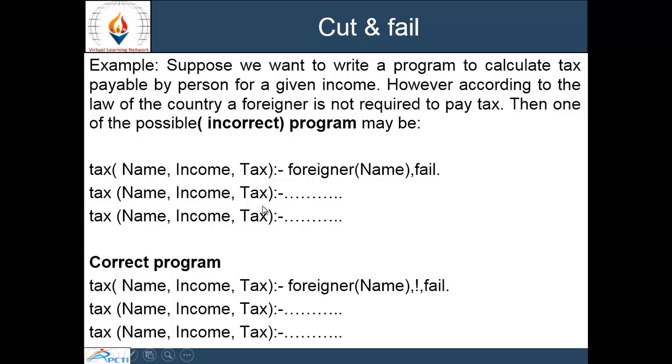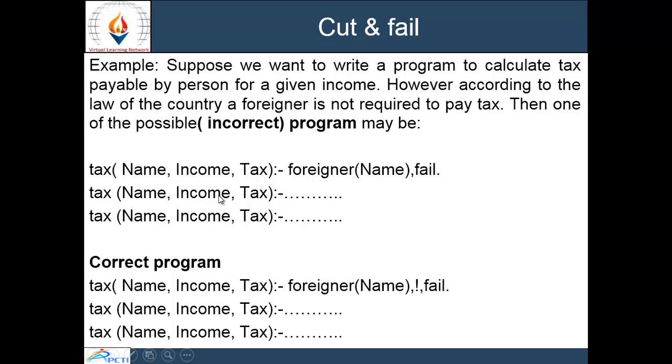Similarly, we can specify different programs. Except for the first one, all other rules are left unspecified. However, these rules do not involve the predicate foreigner but may depend upon the income, concession and rebate.